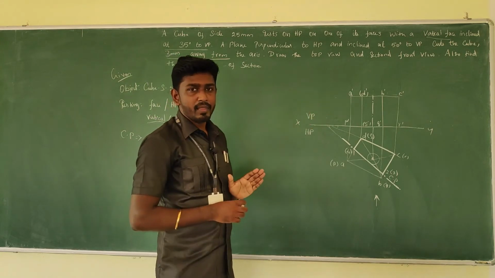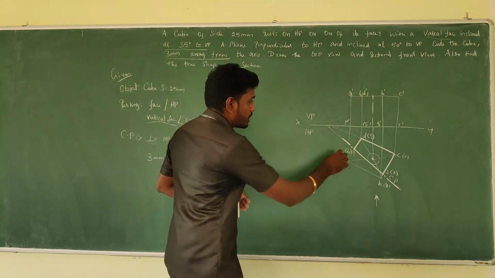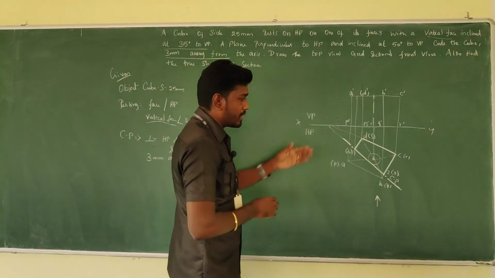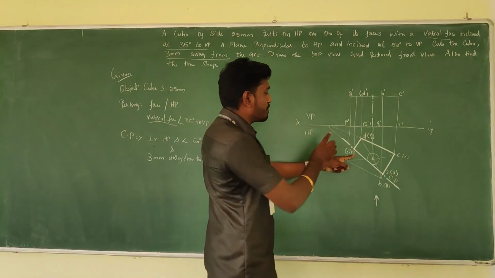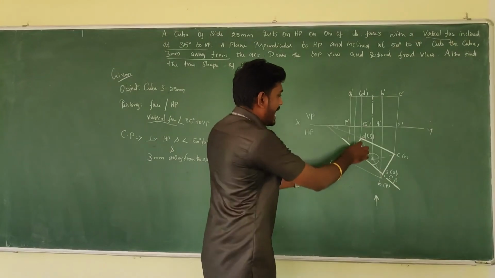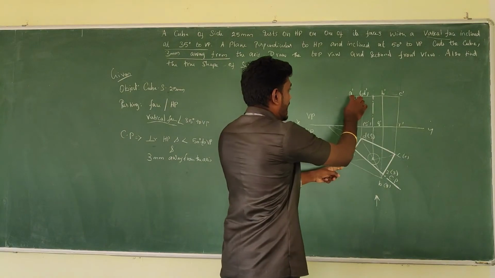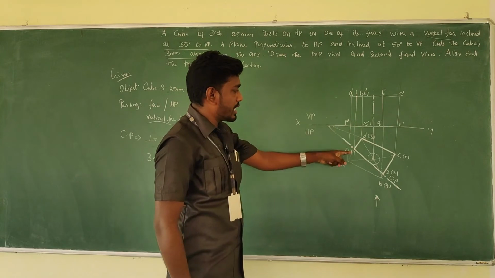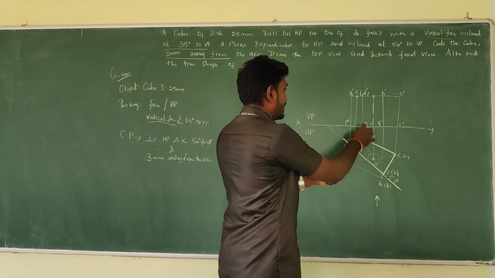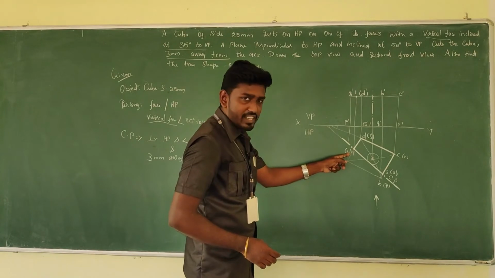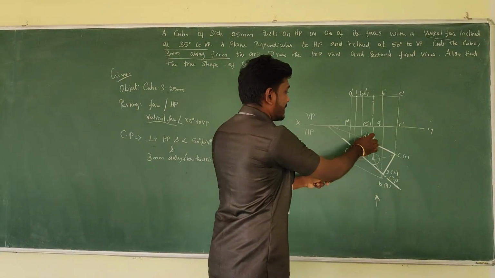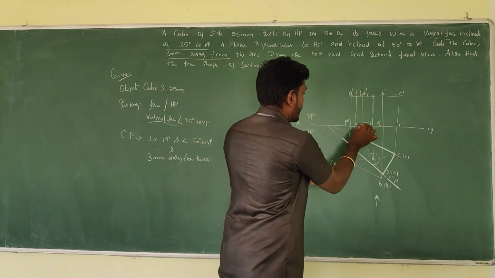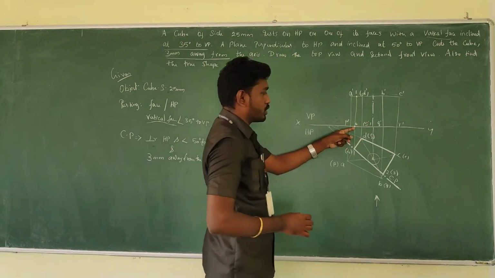Go to the sectional front view marking. Take the projector from 1 and extend it. It's a projector line. To mark the first point, see, it is between A and D. A and D is here, so this would be your 1. You have taken the projector and seen the first point is between A and D. So there is 1. The invisible point 4 is between P and S. Am I right? P and S. So here will be your 4, at the intersection of the projector.